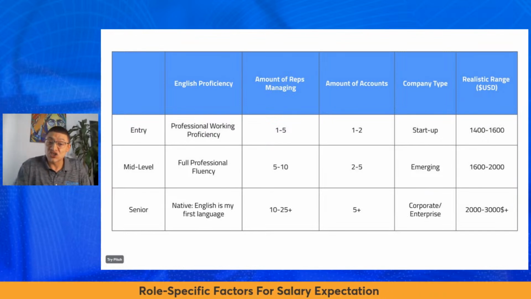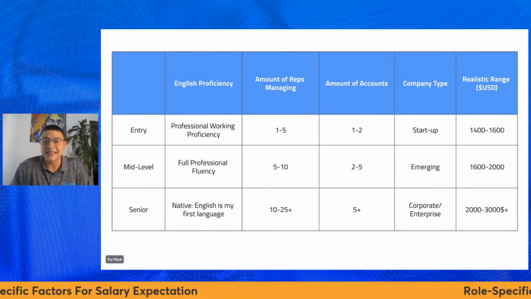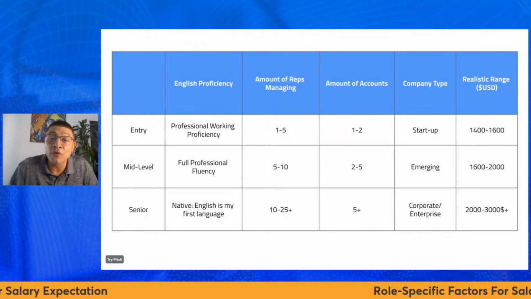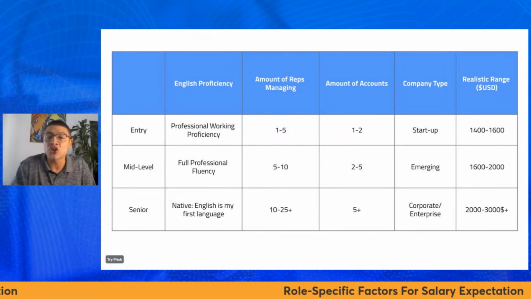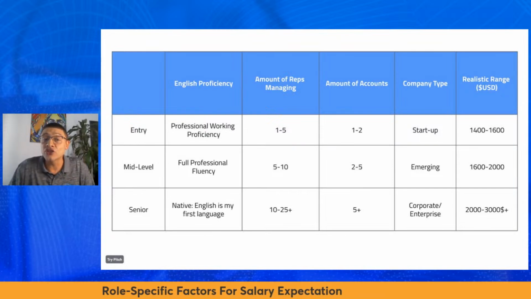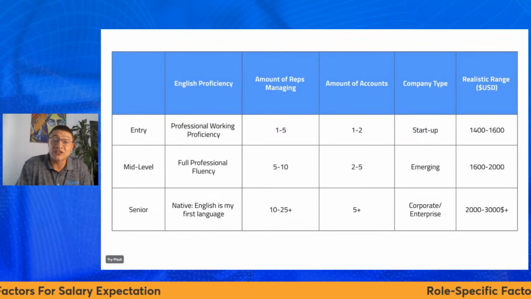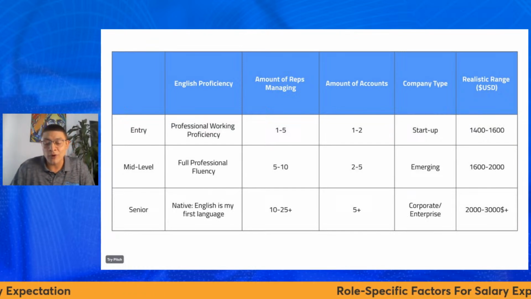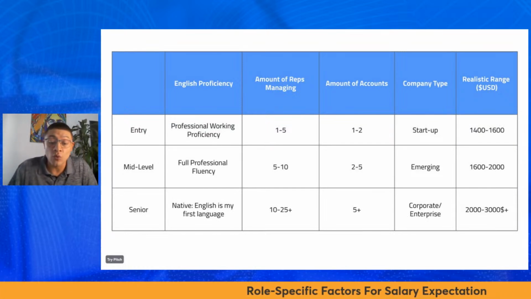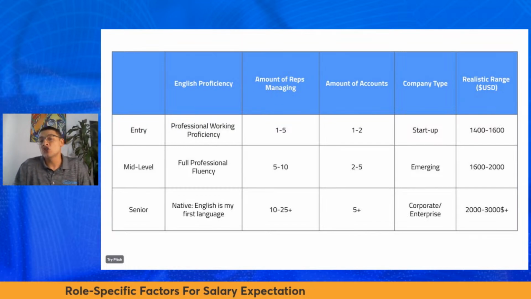So it's a smaller team, right? It's usually easier to reach out to that individual. The realistic range for those sales managers is between $1,400 to $1,600 a month. Entry level, B1s on their way to becoming B2s. They've managed 1 rep to 5 reps. They've managed up to 1 to 2 accounts at the same time, and they are targeting with their team startup